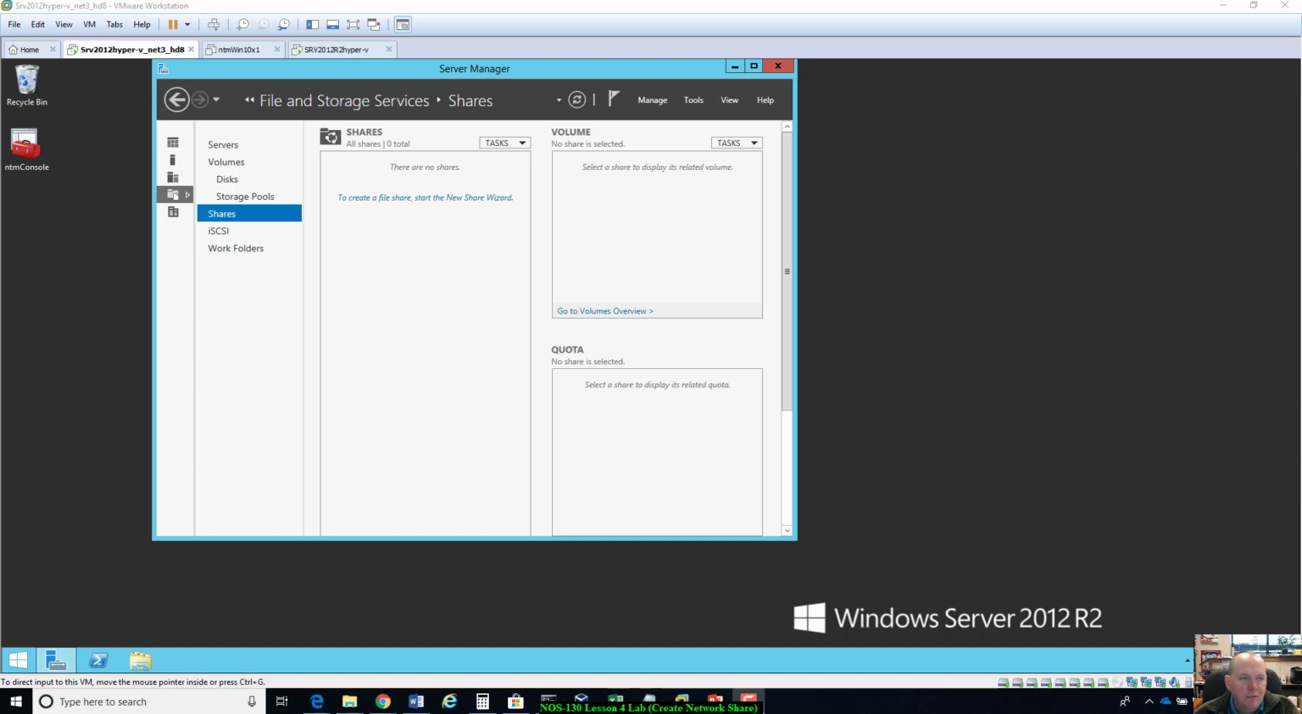I wanted to go ahead and go over lesson 4, which is creating a network share. I'm using the OVA file that I distributed out to everybody, but you can also do this through NetLabs. It's almost identical to this. The only thing, just understand this: the shares, the iSCSI, and I think the work folders, this isn't going to